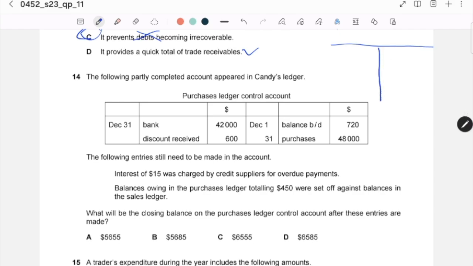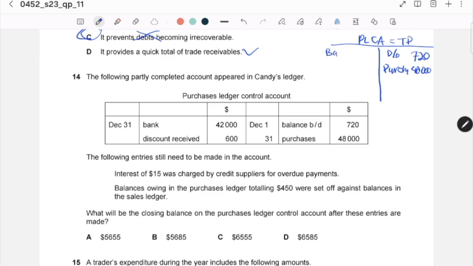One more thing, purchase ledger control account is the same as trade payable. So we already know the balance b/d is here 720, and then they purchase 48,000,